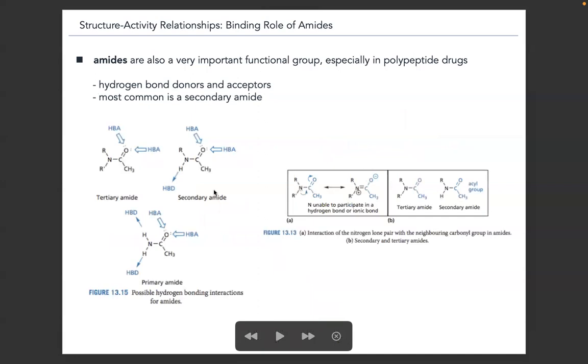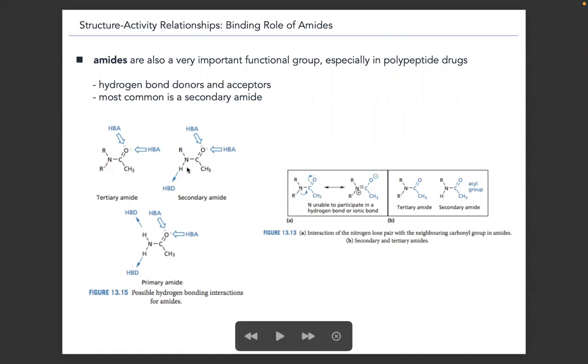Amides are very similar, I would say, to esters, but they have the ability to function not only as hydrogen bond acceptors, but also donors, because they have the free NH bond, and I'll talk about that in just a second. So right here, you have what's considered a tertiary amide, so that nitrogen is fully